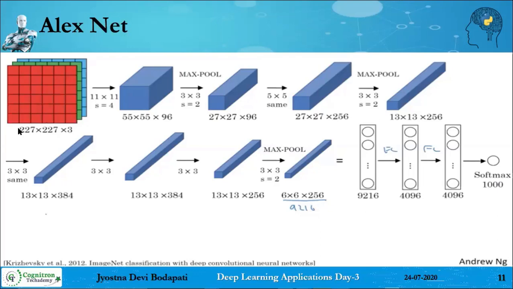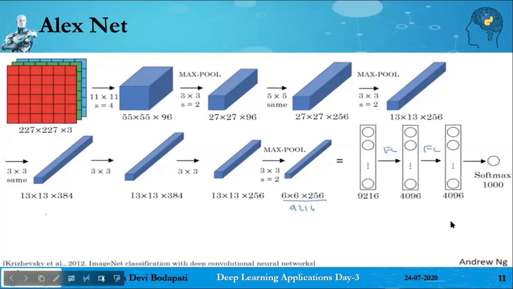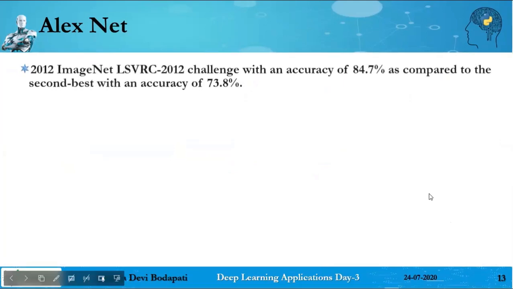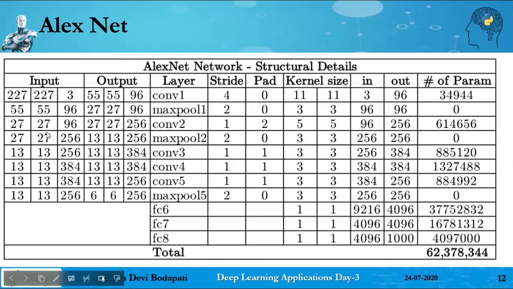The input image is of size 3, an RGB image, and it takes a 227 by 227 image. The last dense layer is 4096, and finally the number of classes is 1000, which is why there are 1000 neurons on the output layer. That's how AlexNet was designed. As for the number of parameters, you can go through it if you can, otherwise you can leave it. It's about 62 million, roughly 60 million parameters.